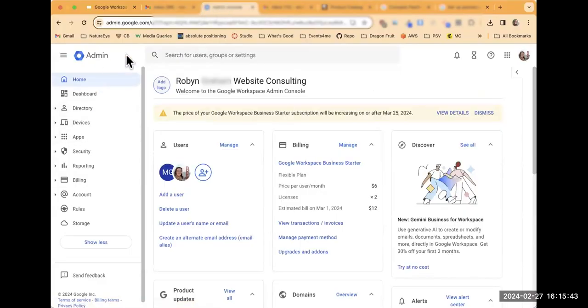Okay, so this is the admin dashboard for Google Workspace. The default setting for password recovery is to have the super admin reset your password. Personally, I don't like doing that. What I like to do is have it so the user can reset their password on their own. So how we do that